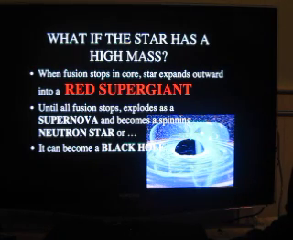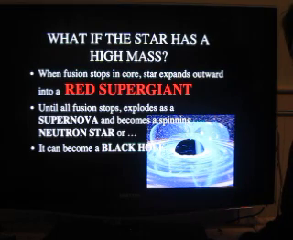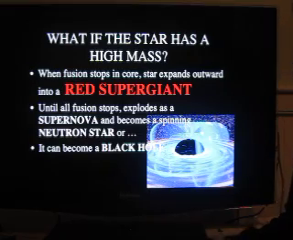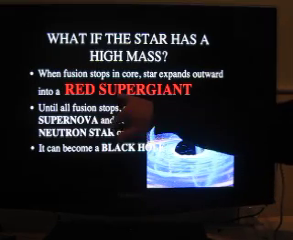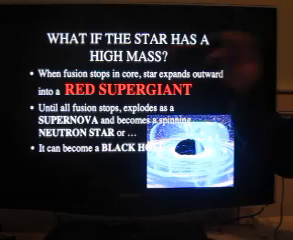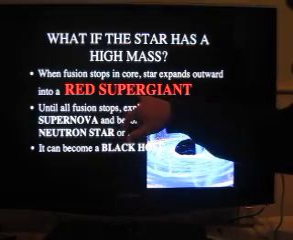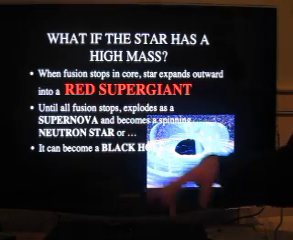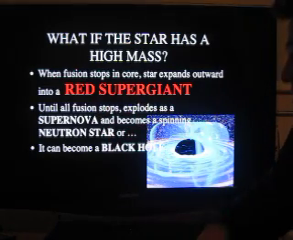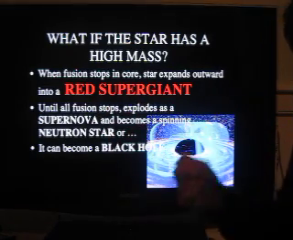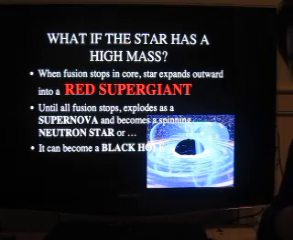Okay, I guess I could just quickly talk about what would happen if the star had a really large mass, which our sun doesn't have. Our sun doesn't have the high mass that's required to form a red supergiant. But that's what would happen. If you had a star with really high mass, when the fusion stops, it's going to expand and turn into a red supergiant. And then when this fusion completely stops, instead of turning into a white dwarf, like what's going to happen with our sun,